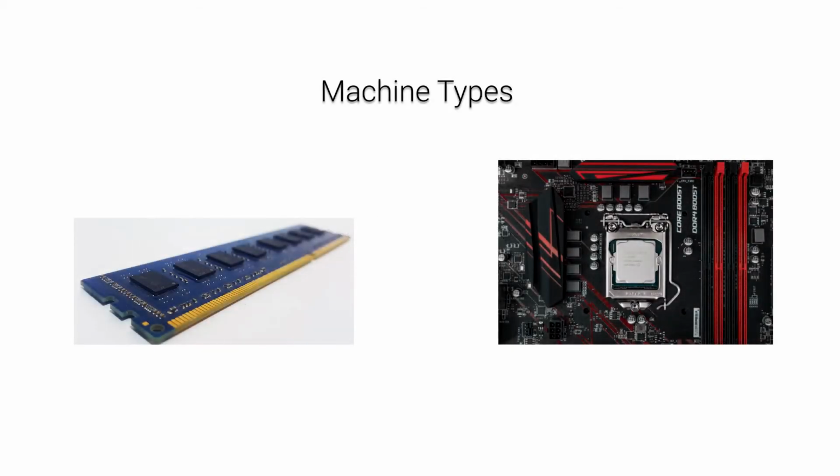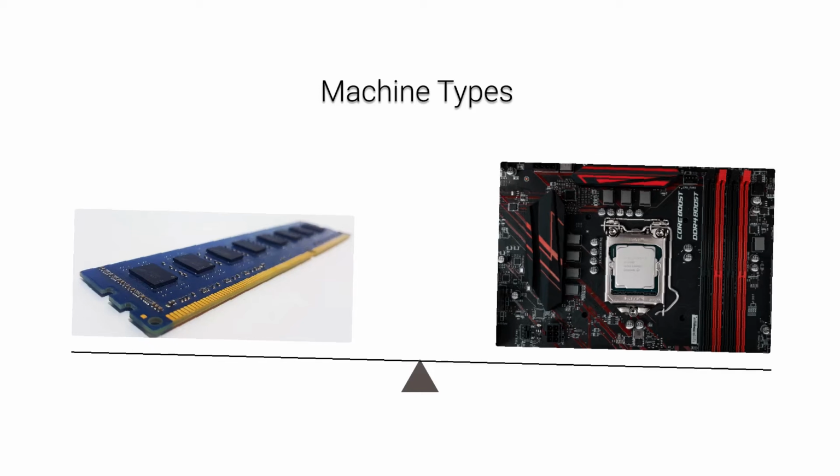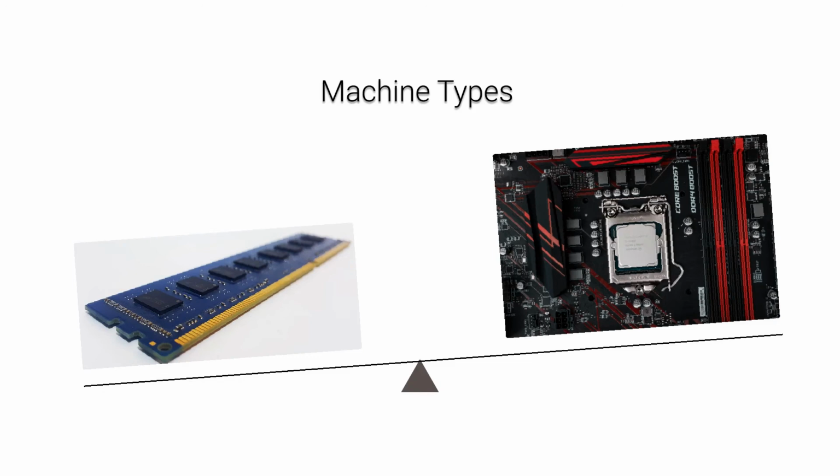Now coming to machine types, two main specifications that one will care about while buying a laptop or a PC are RAM and clock speed of the processor. It is always best to find a balance between both of them so that we don't waste any of the resources. But there is no such thing as balance, because some software you run might require less RAM and more intense computing, whereas other software might require more RAM and less computing.